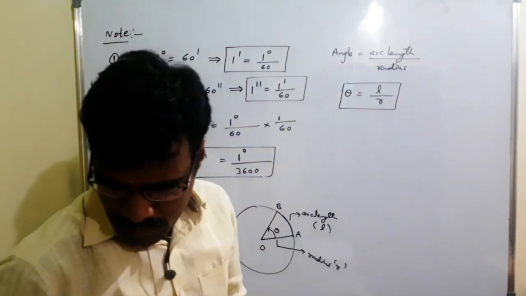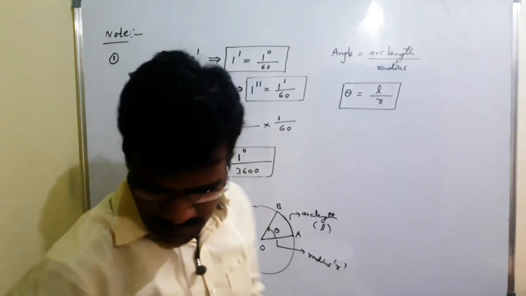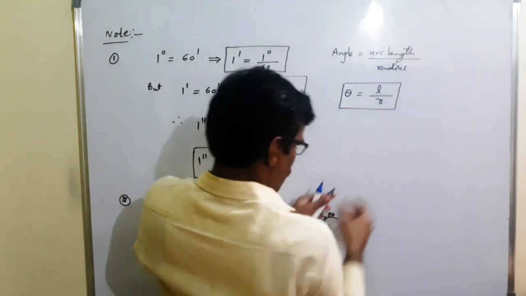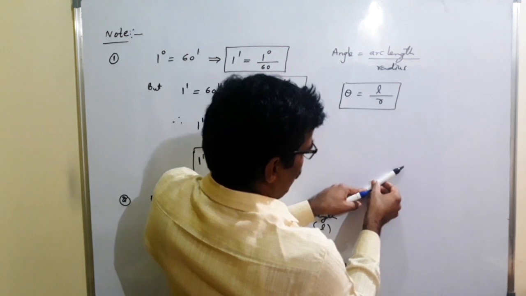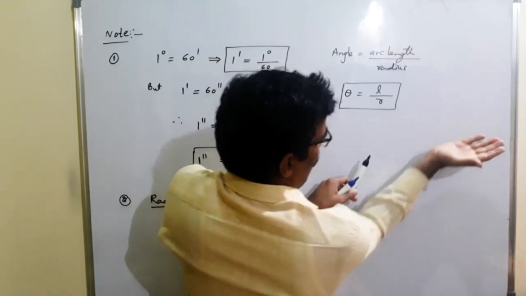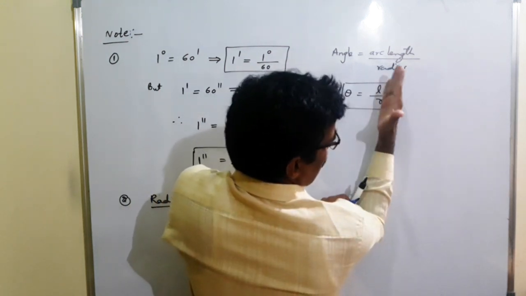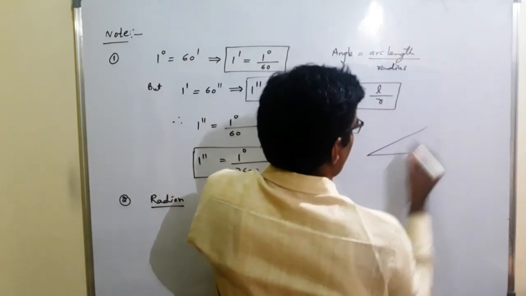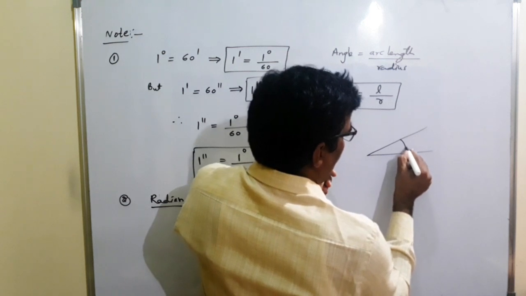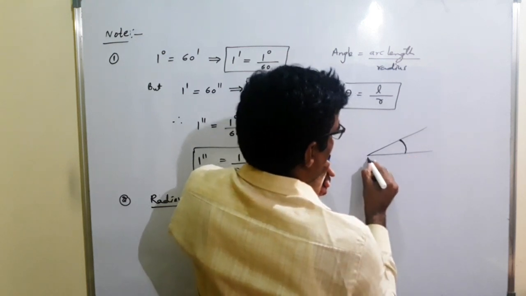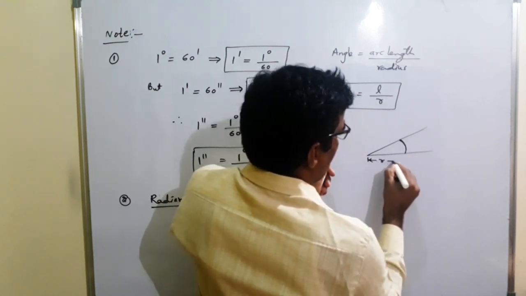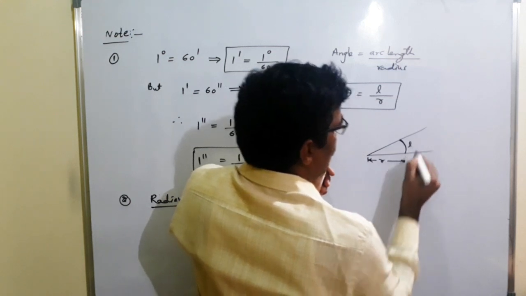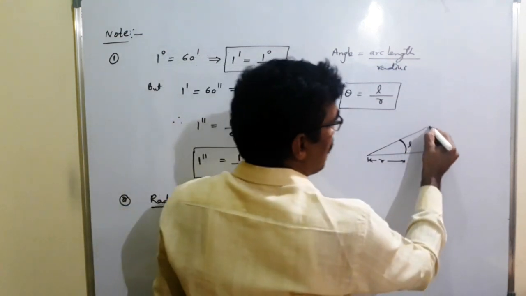Sir, suppose here this is the large one, and this is a small one. So from here to here theta is there, and the large one also has the same theta. Please all of you note, here this is the arc. Radius is small r, arc length is L. Here also an arc is there.